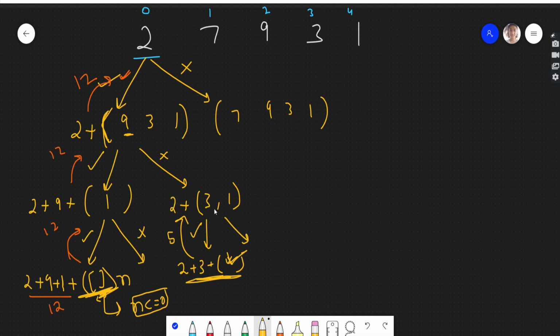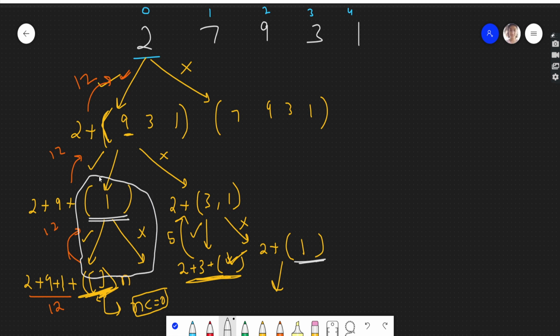And over here if we do not take 3, we will get 2, nothing will be added, and the rest, 1, will pass because we can take 1 now since we have not taken 3. And similarly this. Now let's expand it further. If you see, this call is repeating now. We have already solved this recursive call where there was 1 in the array; see, we have already solved this 1 over here. So now it's getting repeated.